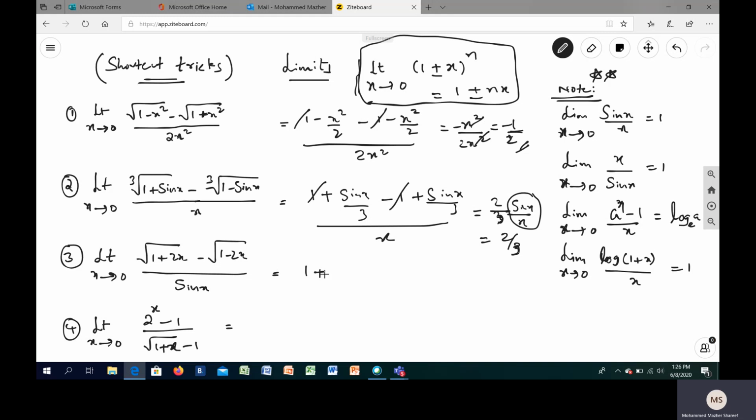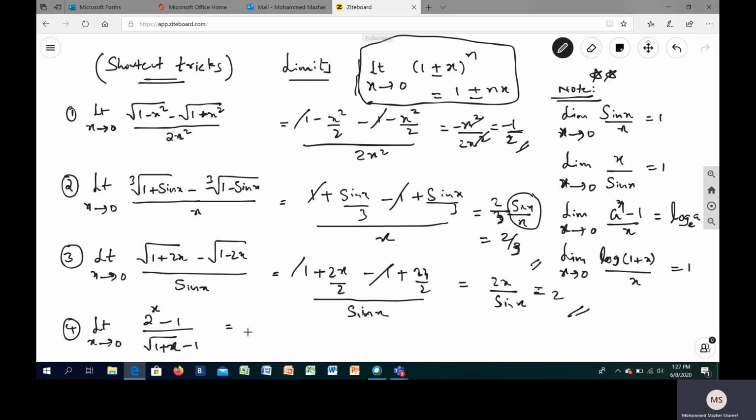So this will be 2x by 2. Okay, 1 by 2, and then 2x is already there. Similarly, this one by sin x, this goes out, and 2x by 2, 2x by 2, definitely is going to give you x, correct? 2x plus 2x, 4x, 4x by 2, it will give you 2x by sin x, which in turn you can take 2 out, x by x, and as I said, even the reciprocal will give you 1. So the answer is 2.